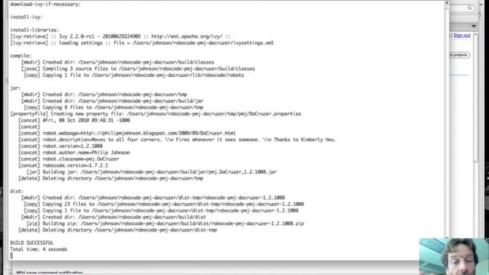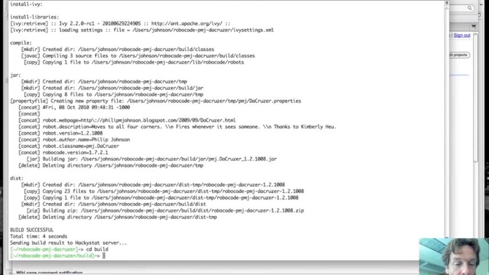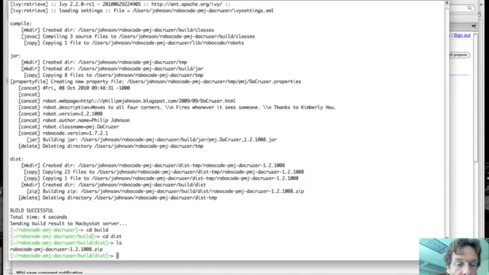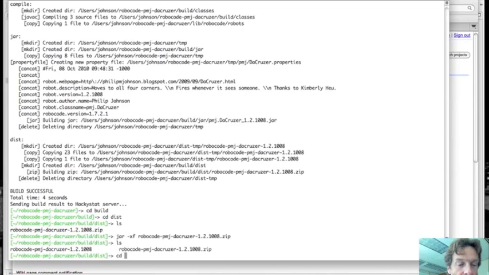The reason why I'm doing that is I want to create a copy of my system that's got great features. One is it doesn't contain the lib directory, it doesn't contain the build directory, it doesn't contain the bin directory, and it doesn't have any of those .svn directories. So we're going to go to build, go to dist, say ls, and say jar -xf robocode,